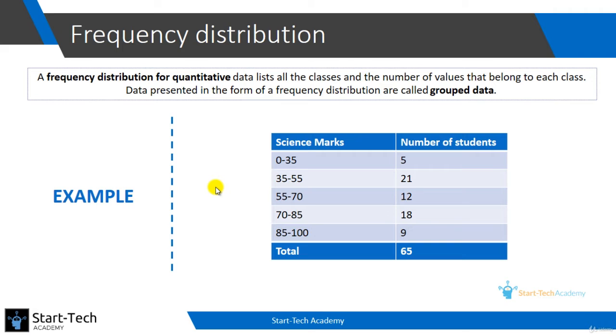So when we have continuous data, we try to create ranges, small ranges, and within each range we assign the frequency of number of instances belonging to that category. So for example, instead of creating 0, 1, 2, 3 as categories, we have created 0 to 35 as one category, 35 to 55 as another, 55 to 70 as another, and so on. And within each range I have found out how many students belong to that range and I have assigned that number here. So this table is frequency distribution for continuous data.